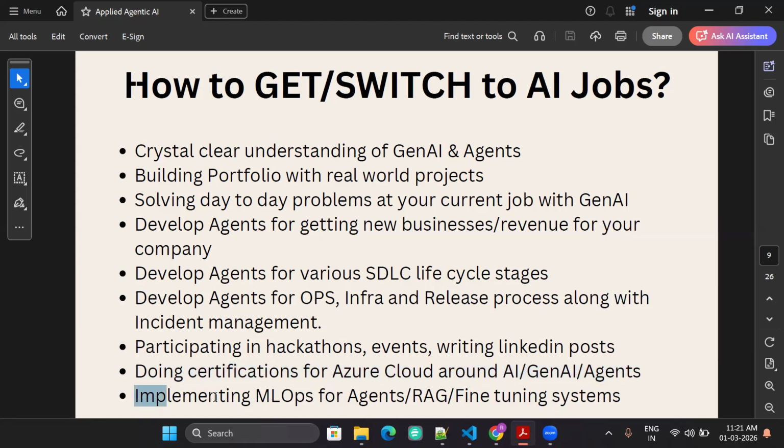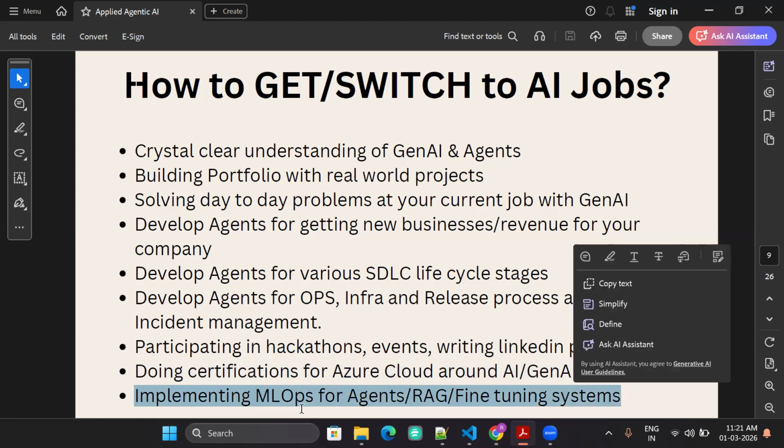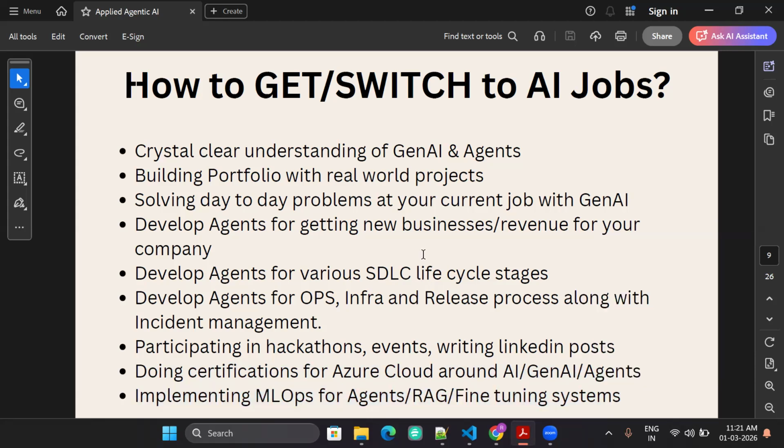And then implementing ML ops, if it is not there in your project or the company does not allow it, outside you should try to do this ML ops for RAG systems, agents, fine tuning, or maybe building a small LLM model. These are large language models which we see in the industry today, but you can build your own small LLM model from scratch, write the code, write the algorithm, train that model, and then use that model for a specific use case. So this is what you can also focus on.